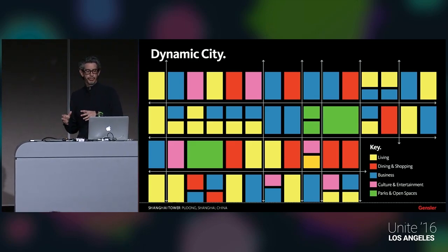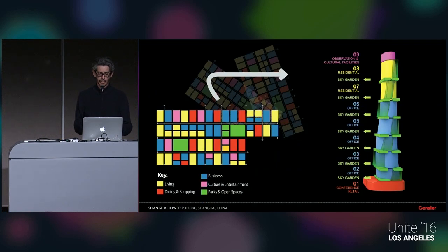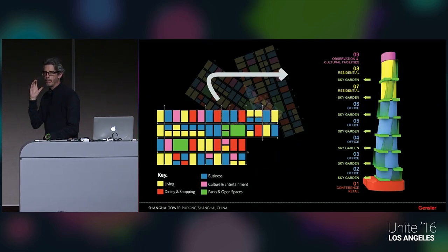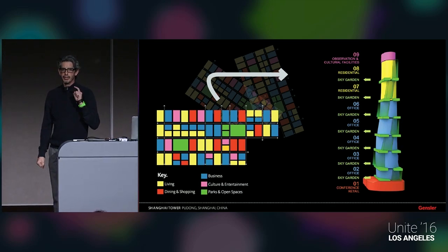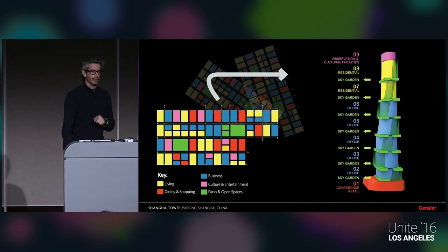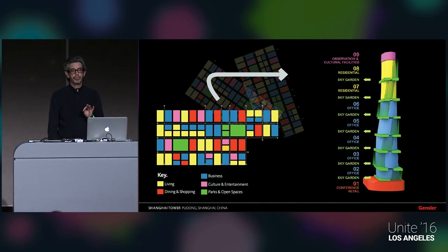We looked at those and we said, well, how can we change this into kind of a new urban context? And what we did is we took all of those and we turned them on their sides, and we built this really cool tower in Shanghai. Currently, it's the second tallest building in the world. It's the tallest occupiable space in the world. And it is a beautiful, beautiful building.